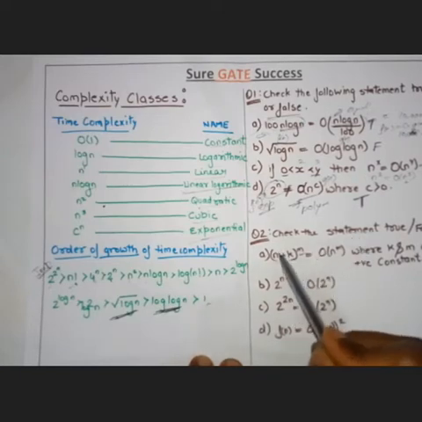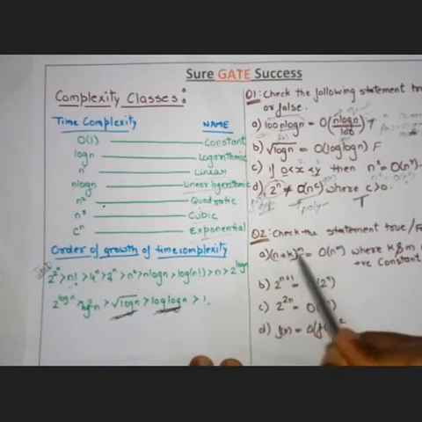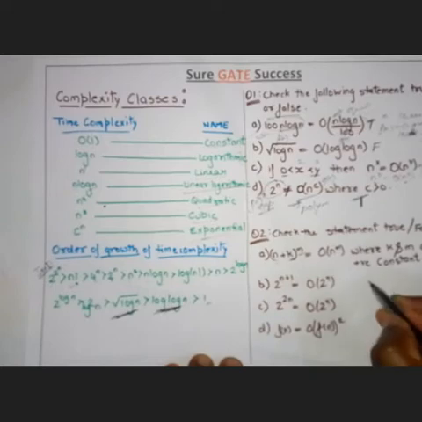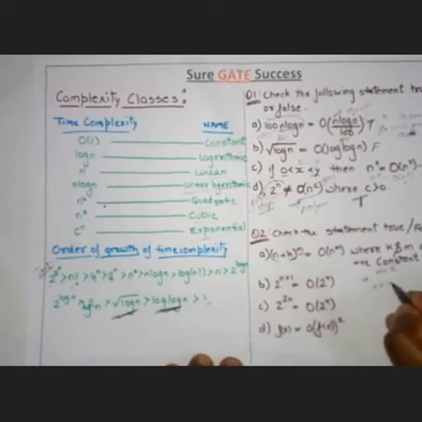So we can say that these are asymptotically the same. Let's understand it. If m is equal to 2, then what would it be? n plus k to the power 2 expanded is n square plus k square